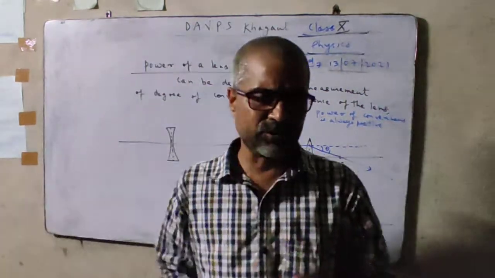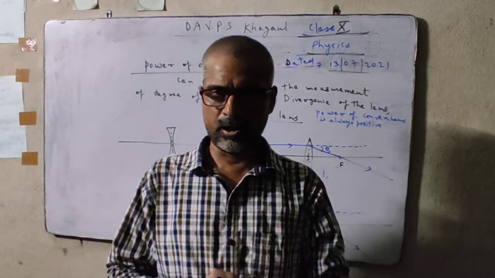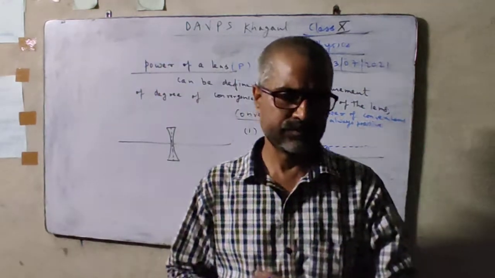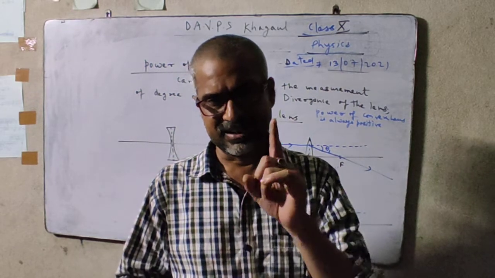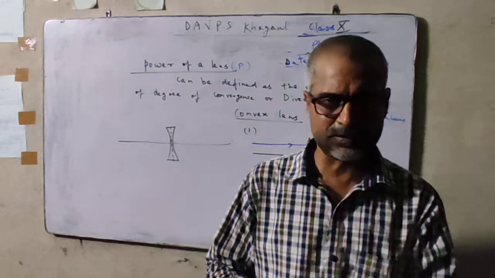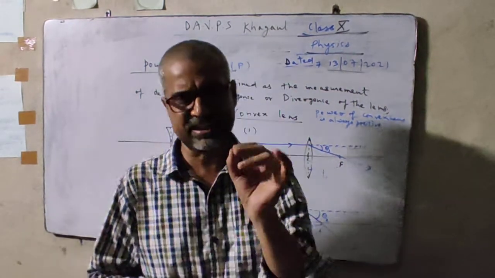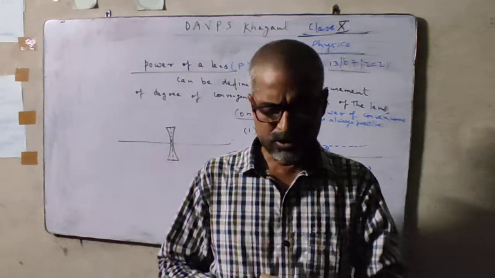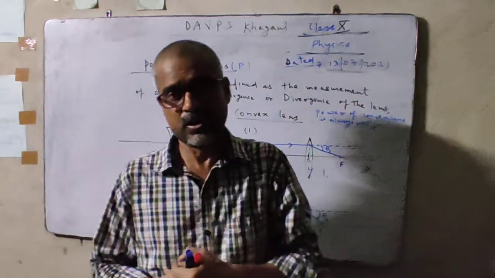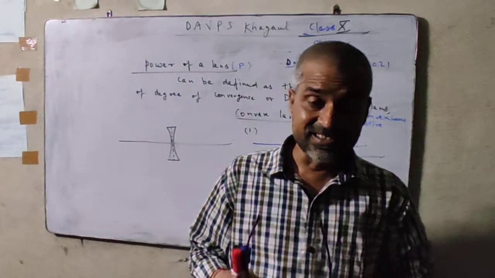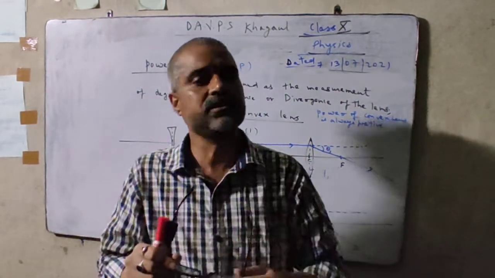Lens, we have got the idea what a lens is. A lens is a medium which has two surfaces, out of which one surface must be spherical, and the other could be plane or spherical, and the phenomenon of refraction takes place in the lens. A lens could be a convex lens or a concave lens. When we talk about a convex lens, just see, this is a spectacle with a double convex lens, or simply we call it a convex lens.